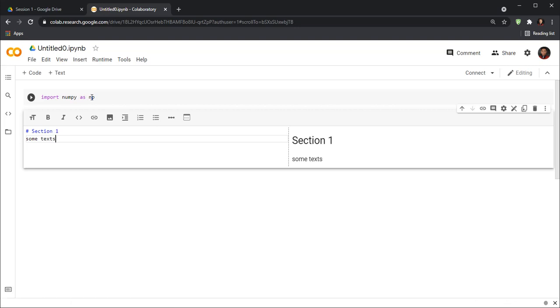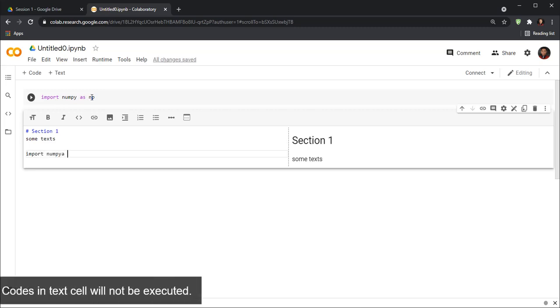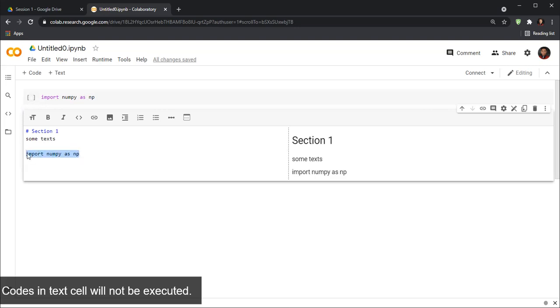This is very important po. Kailangan po na hindi kayo malito between sa text cell at saka code cell. For example, nalagay niyo po ditong import numpy as np. Ito po siya, mag-a-appear po ito as a text, not a code. So, meaning,